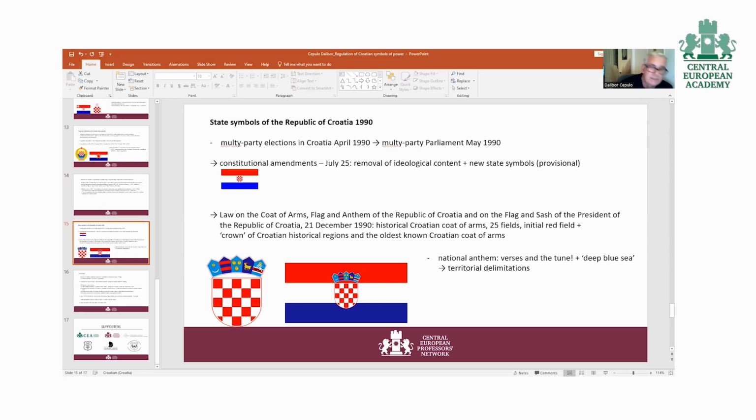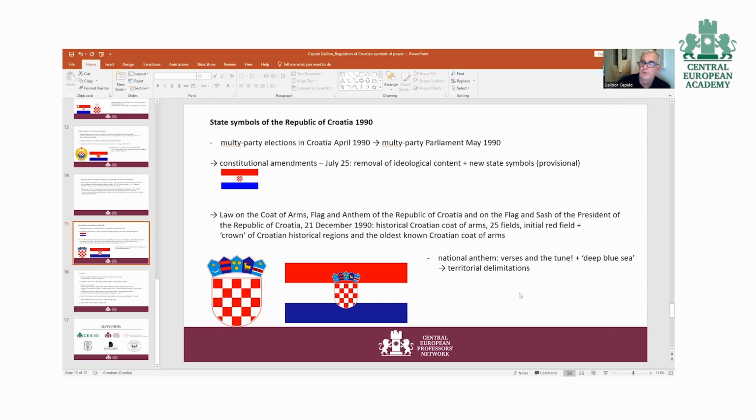This time amended with the crown. This crown was very much criticized by experts in heraldry and historians, because they said it never appeared and was simply not part of tradition, but in practice it was finally accepted. The national anthem was, of course, proclaimed and regulated in great detail,